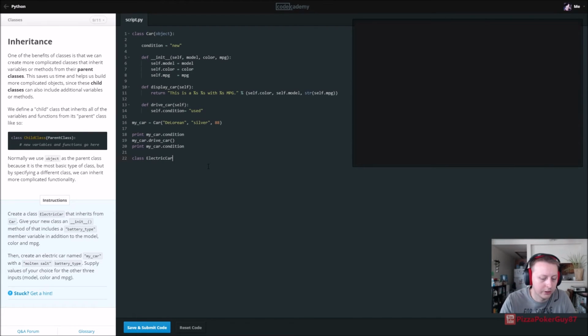So ElectricCar(Car), and then def, we have to define the init, and it's going to get self. Define an init method of that class that includes a battery_type member variable in addition to the model, color, and MPG. So it should already include that, and then we'll